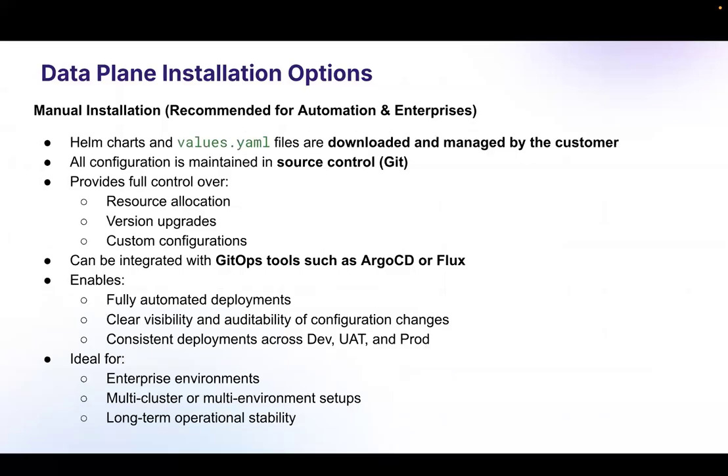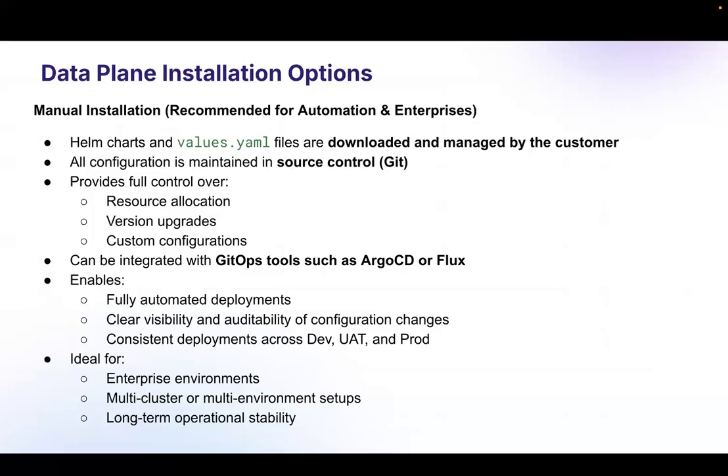This is what we recommend if you have an enterprise customer. Like any component we install into a Kubernetes cluster, in a similar way we have a Helm chart for the Acceldata data plane as well. In this case, you just need to download the chart from the ad hoc UI. You can easily download that chart version, and we'll keep upgrading the chart versions based on the ad hoc versions. Let's suppose the ad hoc version is running 4.9,